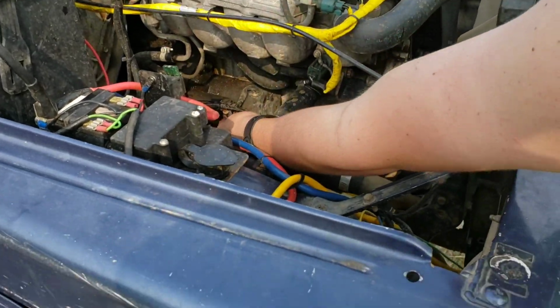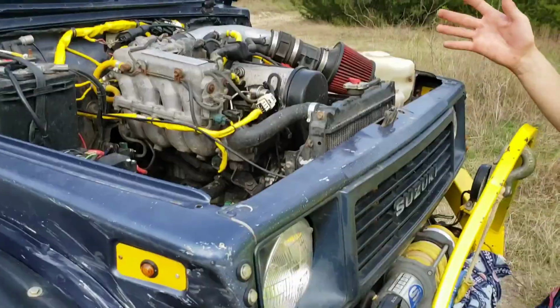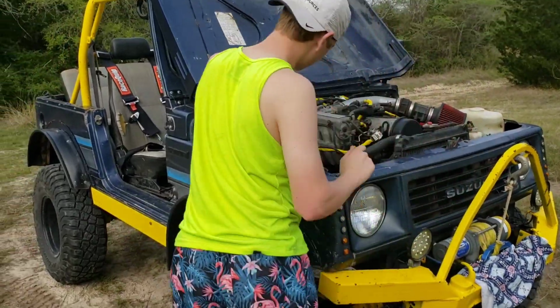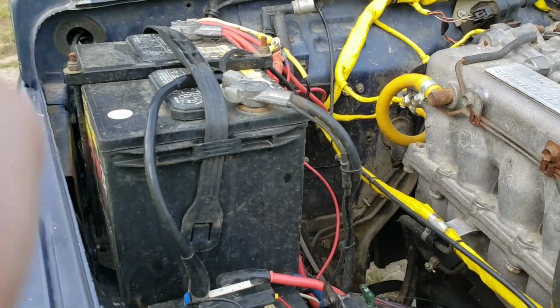Another little problem we kept having was the starter purple wire kept popping off, so you couldn't start the car. So a couple of little problems like that. And then mainly there used to be an oil catch can. I don't know what it was for. You don't need that in this motor swap. Also, on top of that,